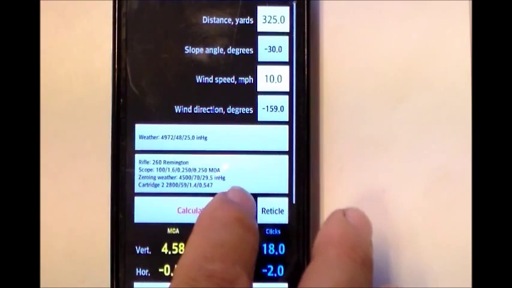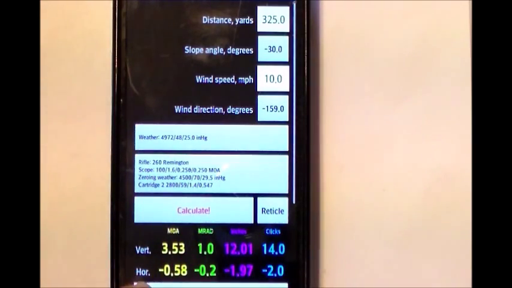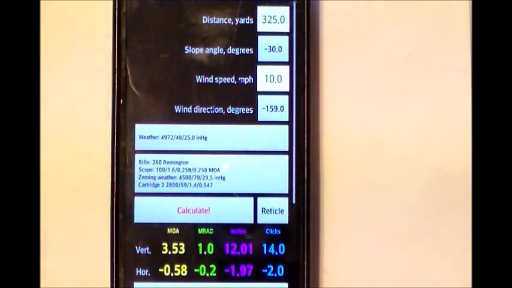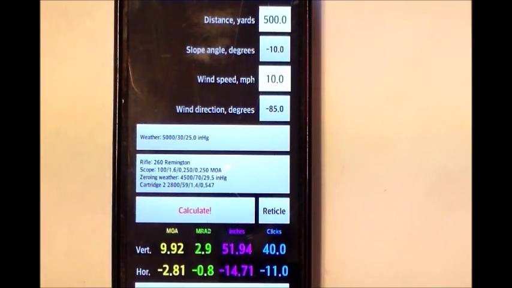We go from 458 to 353. So there's a difference of 1 minute of angle. That would take you off target approximately 3¼ inches. This is why I'd rather use a ballistics app than a pre-programmed turret marked in yardage calibrated